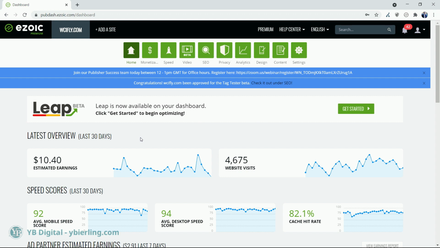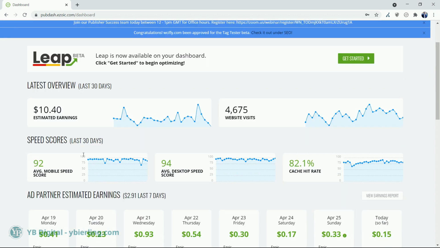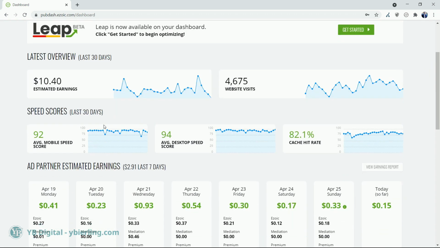In that case, this travel website was badly hit by the pandemic and doesn't make money anymore on our visits, but travel is down, as you know. So this travel website made in the last 30 days $10 from 4,600 visits, and its speed score has been measured. So on average, 92 mobile speed score, 94 desktop speed score, and an Ezoic cache hit rate of 82%,